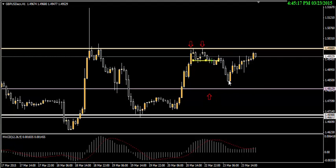Now once we had that fall, we were expecting the market to continue trending downwards, but instead the market broke above this resistance point. Now it's acting as support. So what should have happened initially is we get that fall here, then we should have gotten that pullback. Based on this pin bar, we should have gotten a continuation of this downward movement, but instead we got opposing